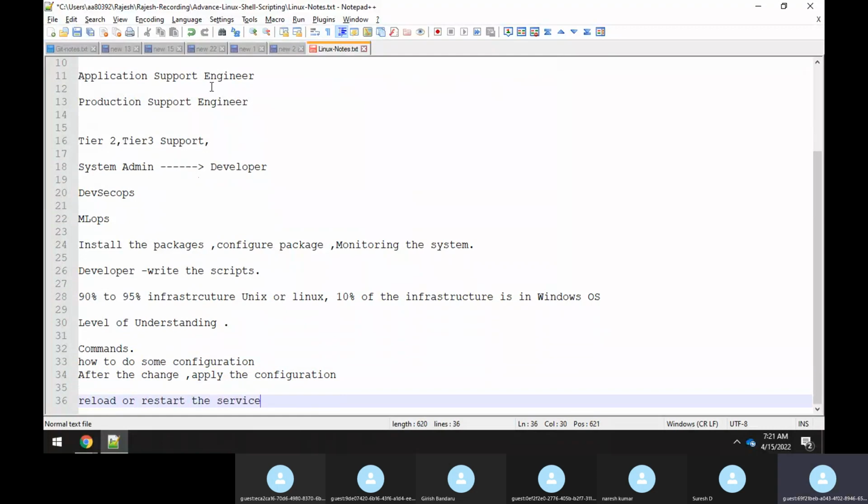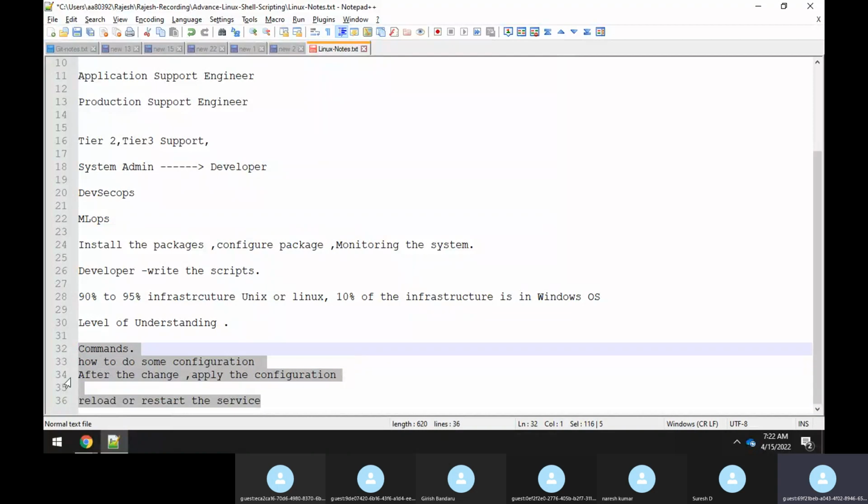So if you see, most DevOps engineers would be doing this same thing in their day-to-day activity. That's all. He might know some commands, right? And he would know how exactly the application works, in which particular path the application resides, and where the logs are getting generated. If the developer or somebody asks you to do some config changes, you go and do it, and finally you restart or reload the service. So this is what any DevOps engineer does day to day, right?